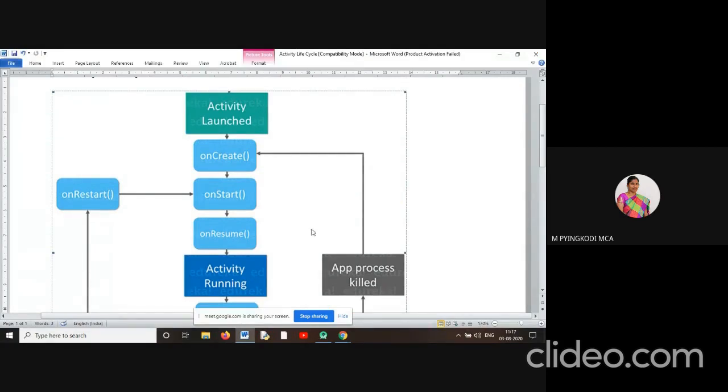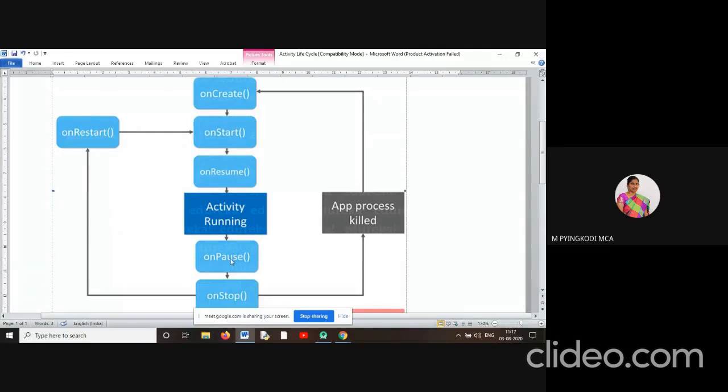When our activity enters the onPause method, an event has occurred. That event may be a user event or a system event. User events are pressing the back button, home button, or power button.